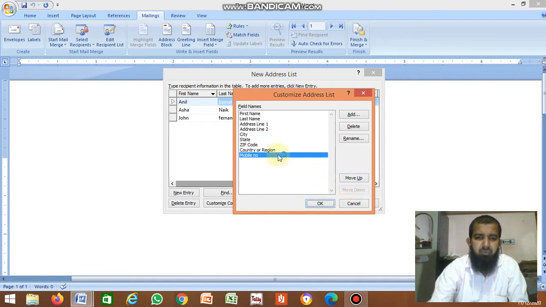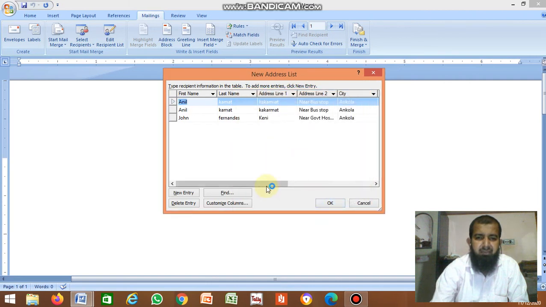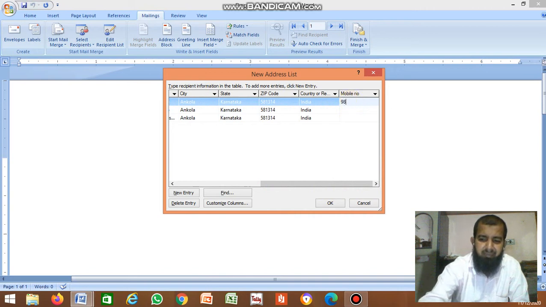If you want to move upward, click Move Up and it goes in the up direction. If you want to keep it at last, click Move Down. Then click OK. So one more field is added here, mobile number, and you can enter the mobile number.